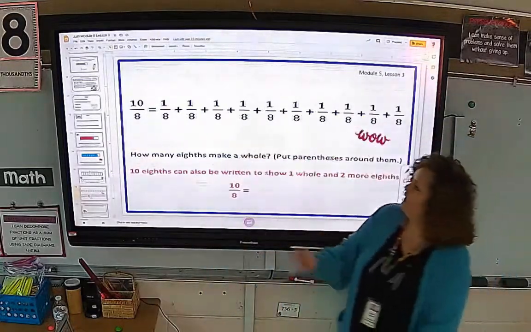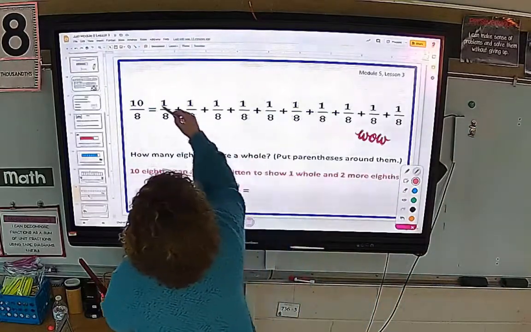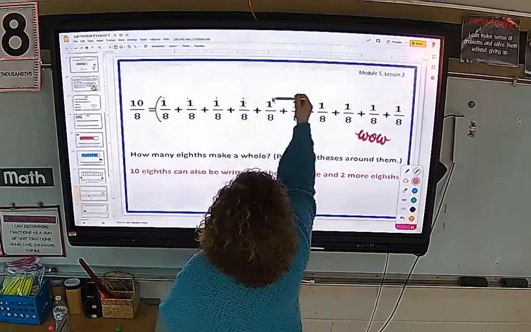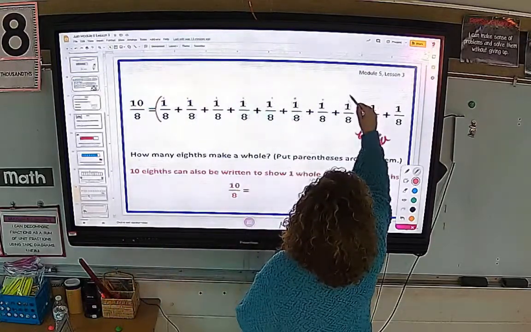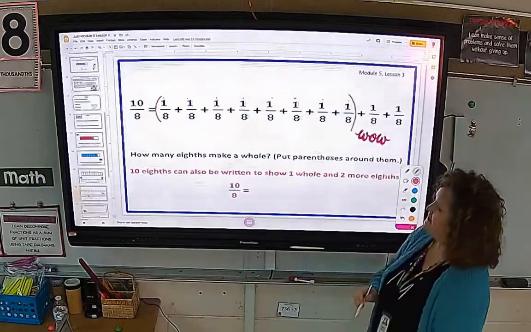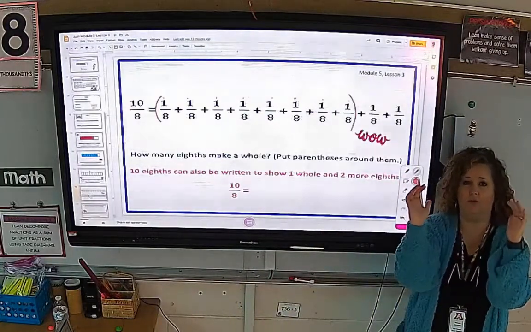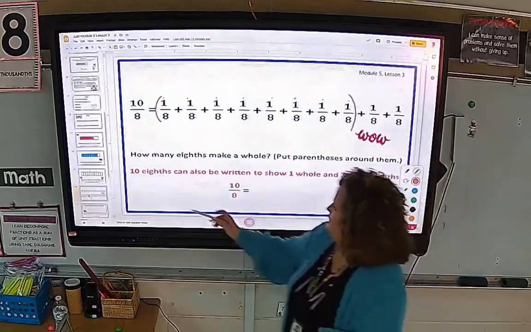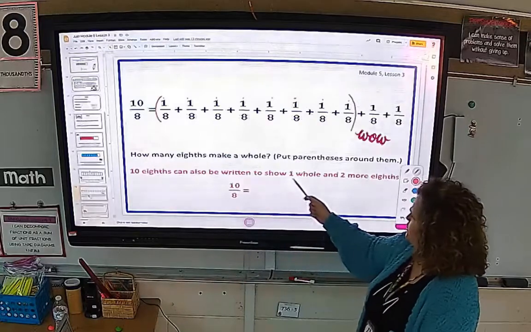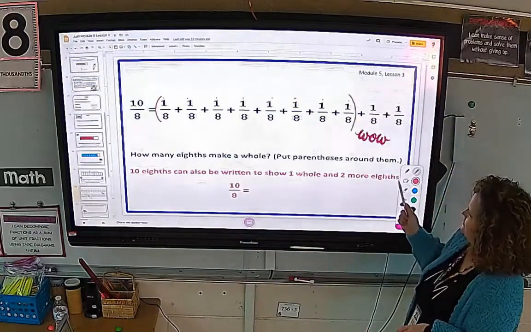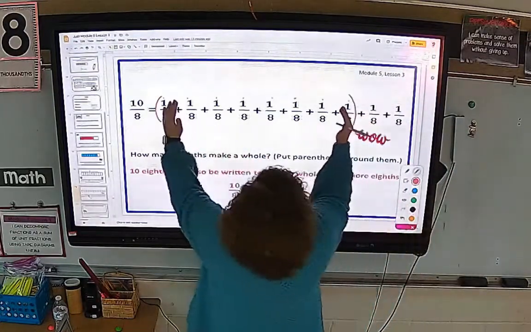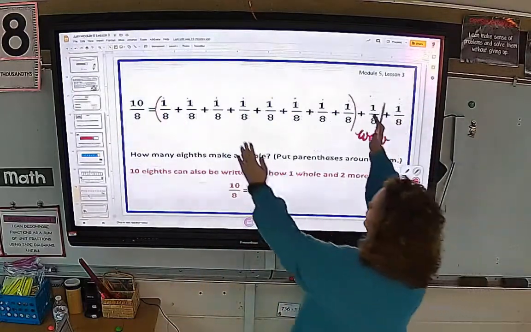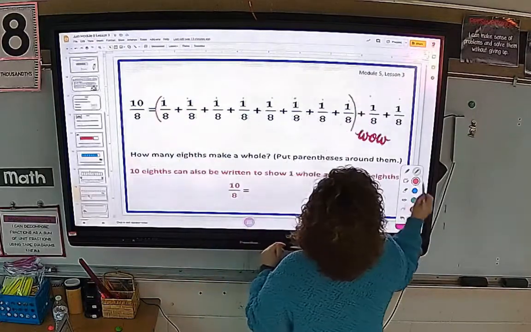So it says to put parentheses around them. Let me make sure I've got 8. 1, 2, 3, 4, 5, 6, 7, and 8. That's what they mean by putting parentheses, because that helps me see that that group of 1/8 is equal to 1 whole. 10/8 can also be written to show 1 whole and 2 more eighths. See, I've got 1 whole right there, and then I've got 2 more eighths. So what's in parentheses is equal to